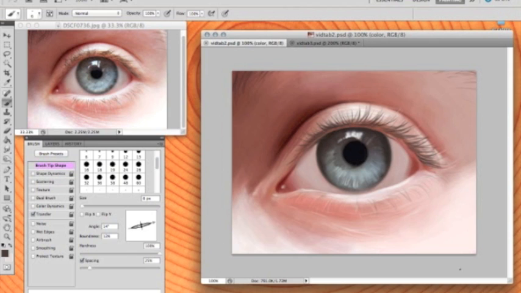So I'd say that about does it. This technique takes some practice and some serious self-control, especially if you're a blur and smudge tool addict like I am. However, once you find a comfortable method for building up color and value, these brushes will be your new best friend. It's pretty amazing that such an ordinary Photoshop tool can be so effective when drawing skin,